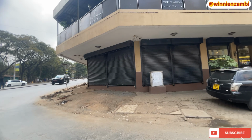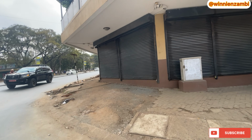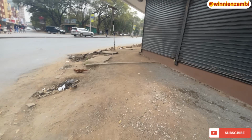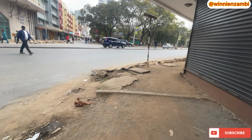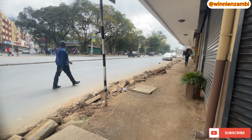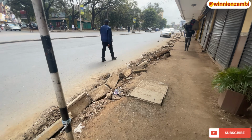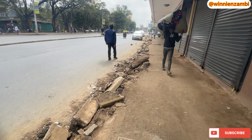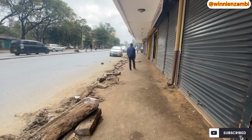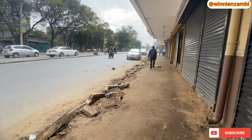So we are now on this other side, and as you can see also, there is a lot of demolition materials being removed so that they can add in new materials. You can see the demolition that is going on here. So let's just take a walk up to that side, and